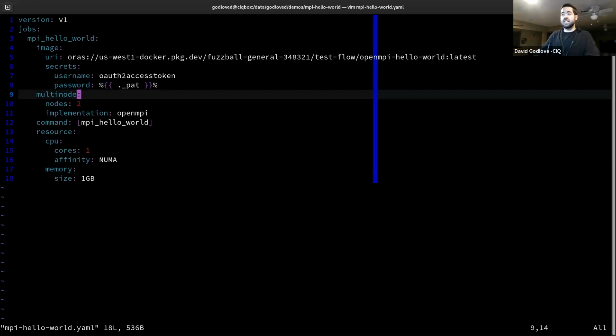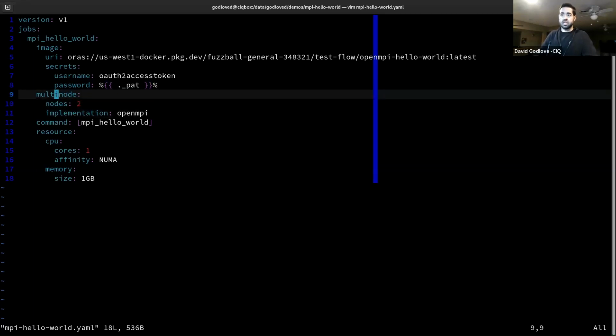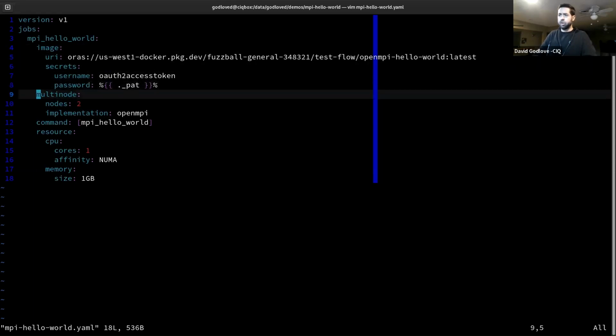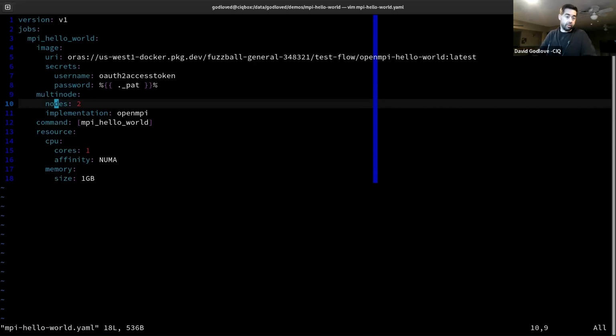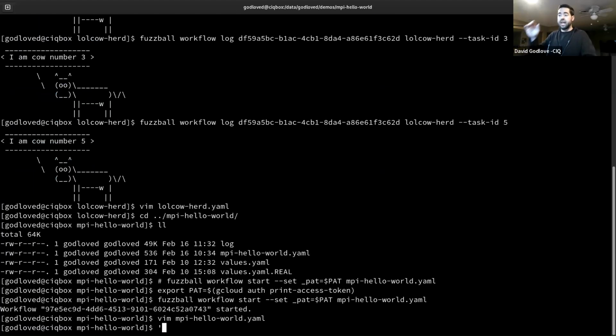And then this is the other kind of interesting thing to look at here. So I'm using this multi-node directive. The multi-node directive says that I want to run on multiple nodes. I'm going to specify 2 here. And I'm going to specify that the implementation is OpenMPI. Okay, and as Jonathan said earlier,